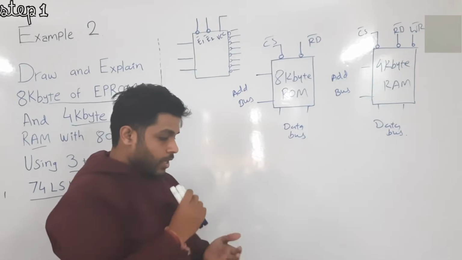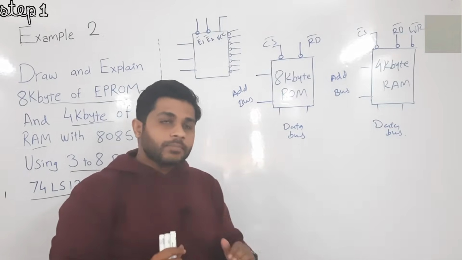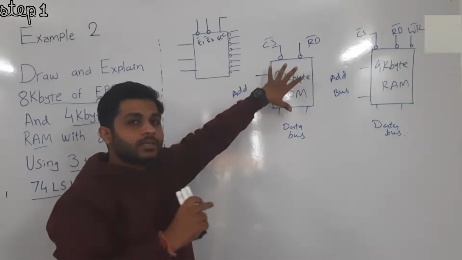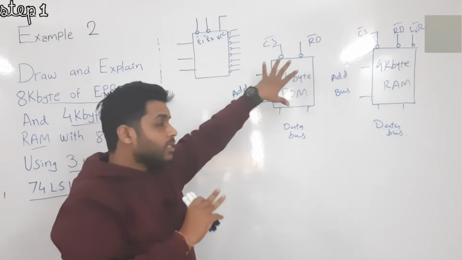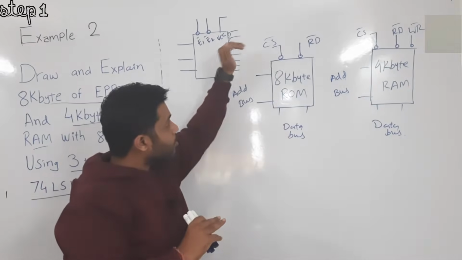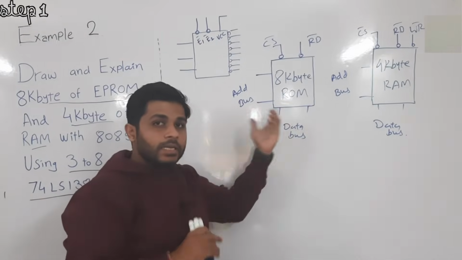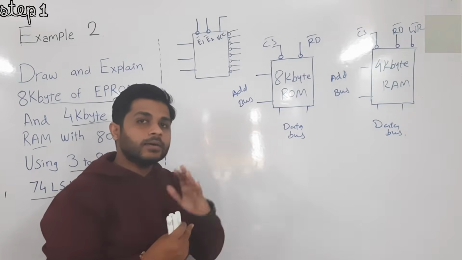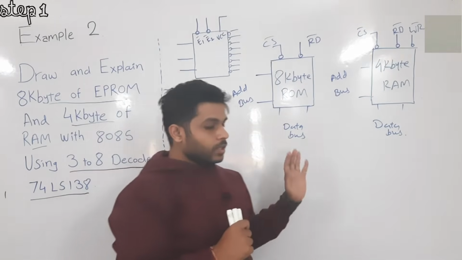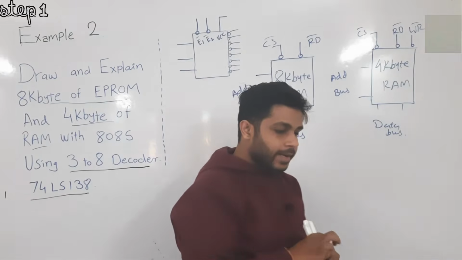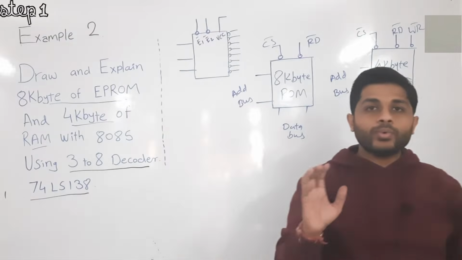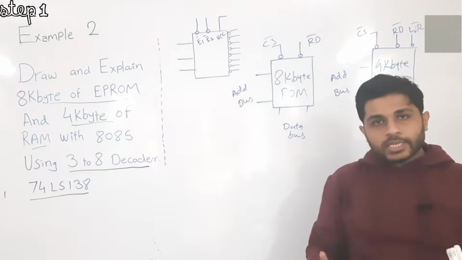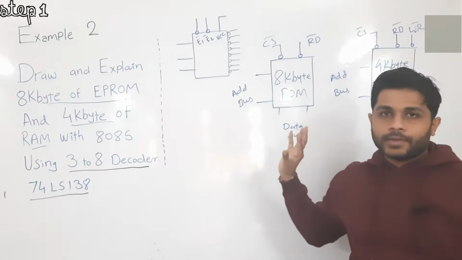Now what is the meaning of chip select? Chip select means that when an active low signal is provided here, then and only then the processor can interact with this memory. Whenever this memory is enabled, the processor can send data and read the data. So chip select must be there, and the processor can communicate with only one memory at a time. So the first step is completed. What is the first step? The first step is to draw all the components separately.